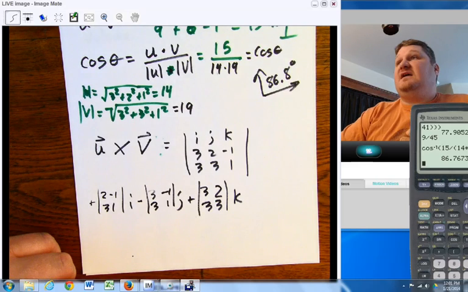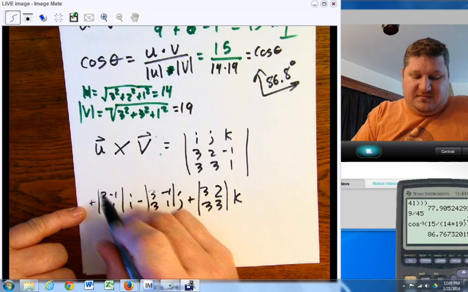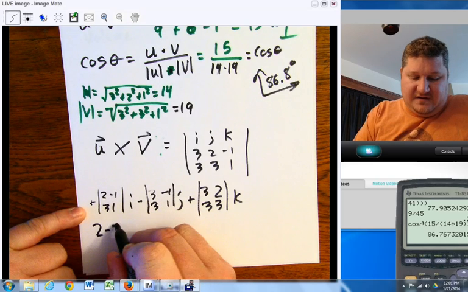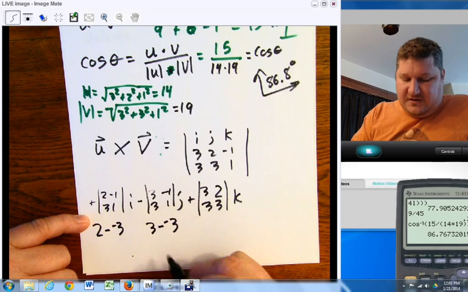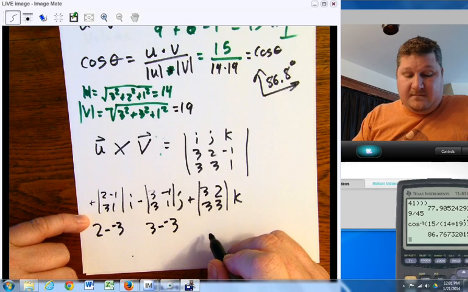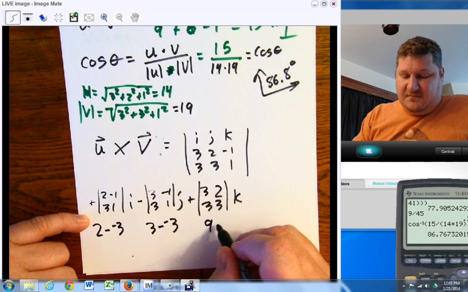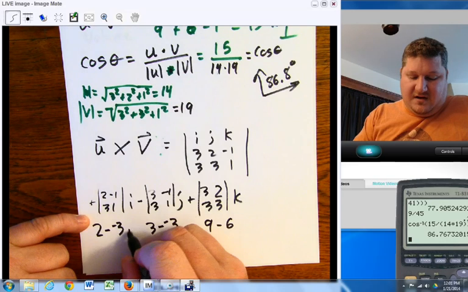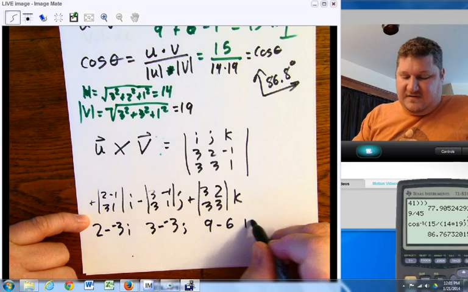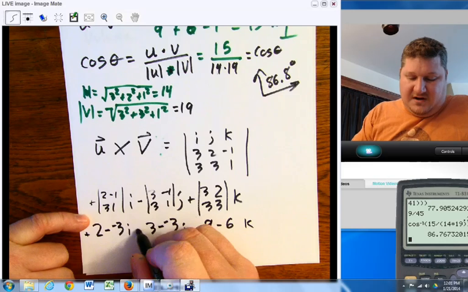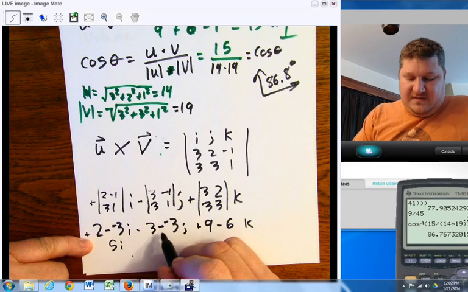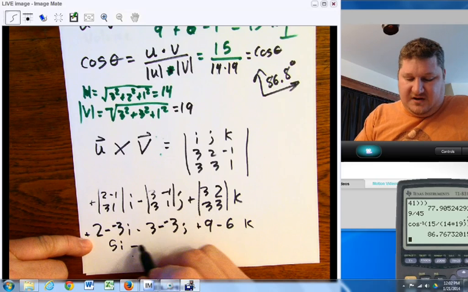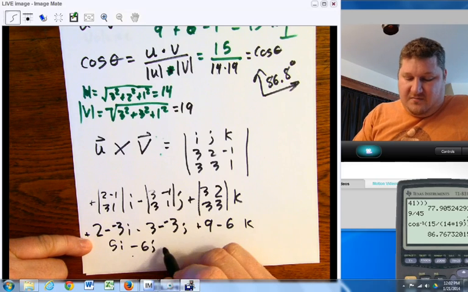To find that determinant, it's down minus back. So I have 2 minus -3. And I have 3 minus -3. And I have 9 minus 6. Now we have i, we have j, we have k, we have plus, minus, plus. So we come up with 5i. Now this becomes 6, so it's minus 6j plus